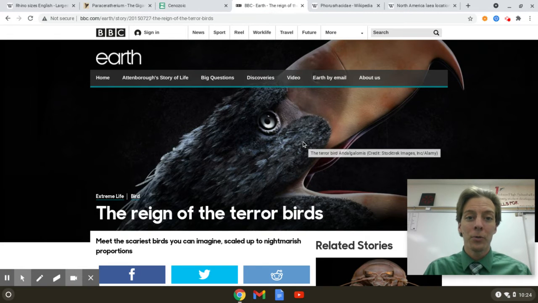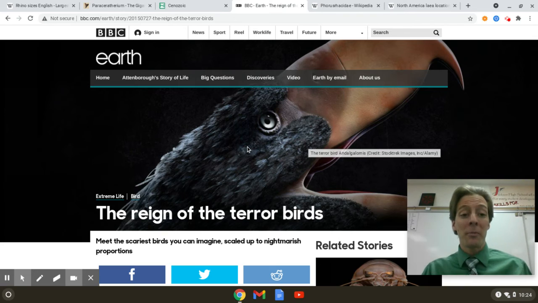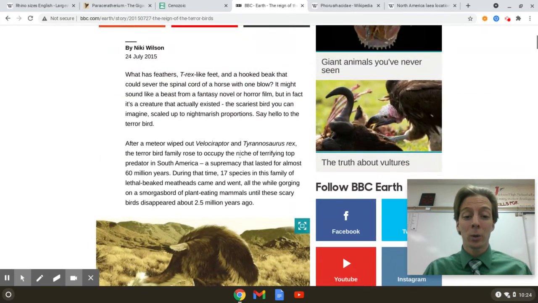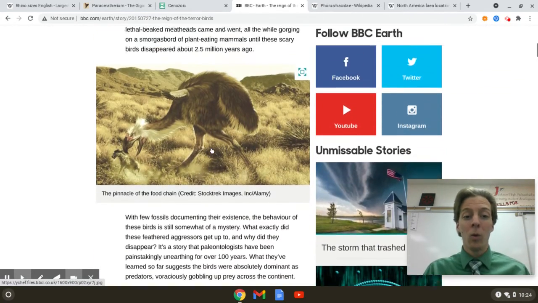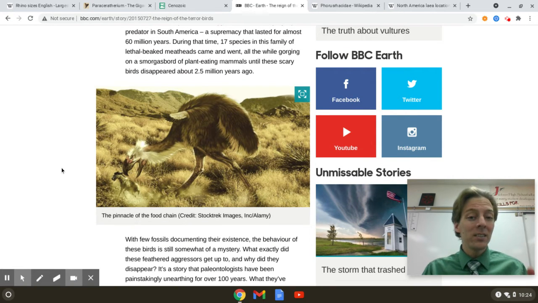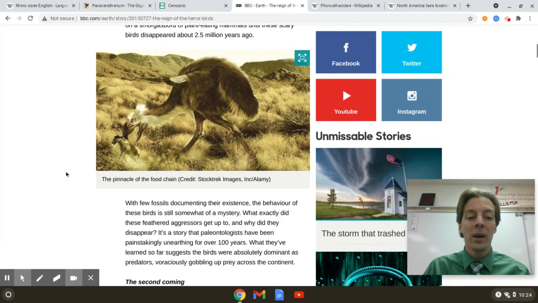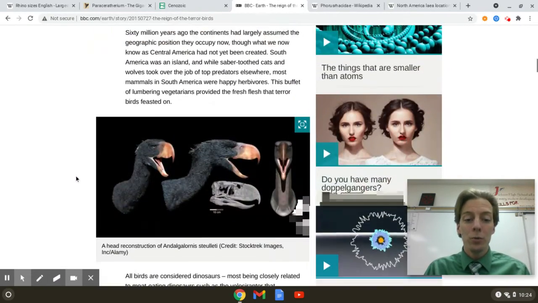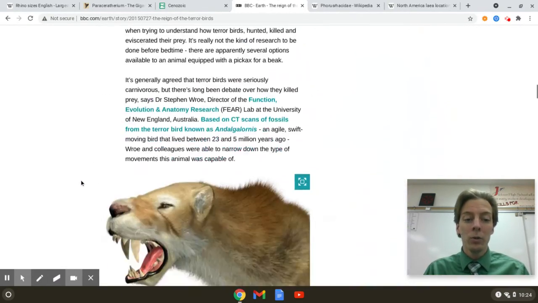Terror birds. South America had terror birds that roamed after the dinosaurs died. These guys stayed around, but they're this weird, dinosaur birds, or bird dinosaurs. Like, what? This is an odd thing. Huge, huge things.